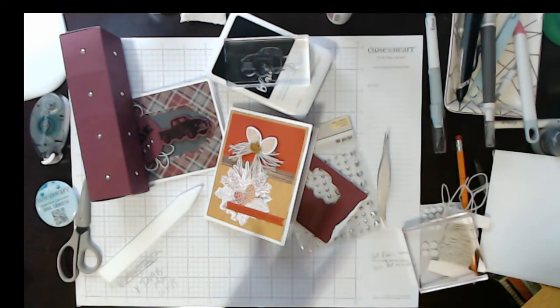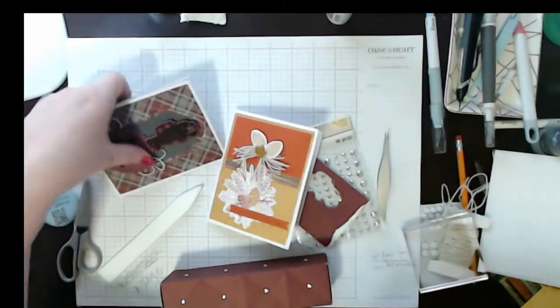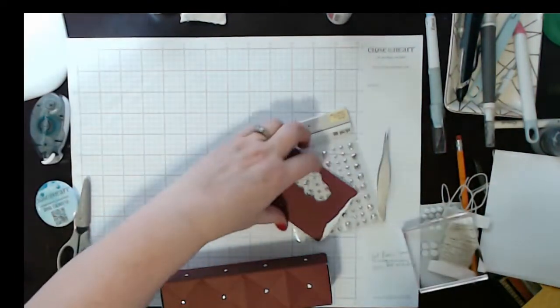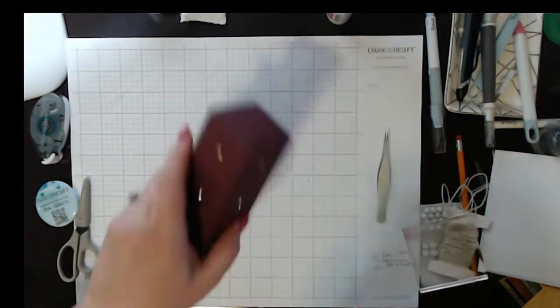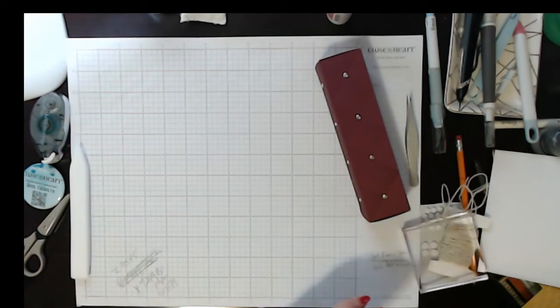So let's start with this tufted box, and let me get this big piece of paper out of my way, and then we'll move back to these pieces with the embellishments. Now the file for this one,